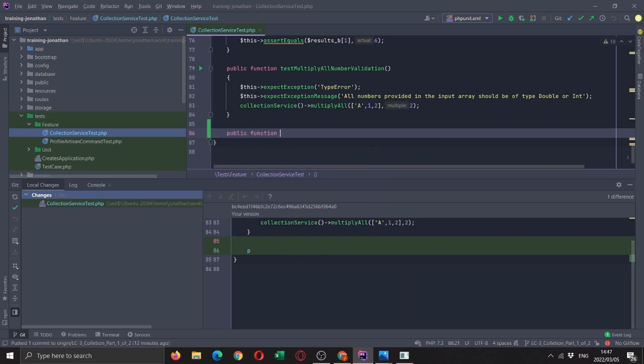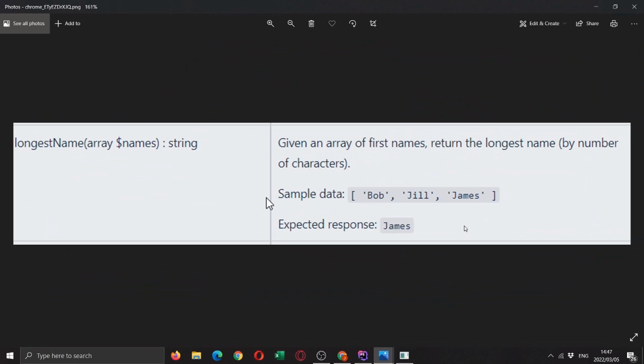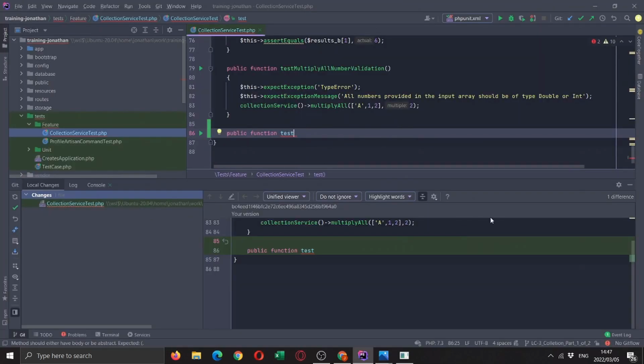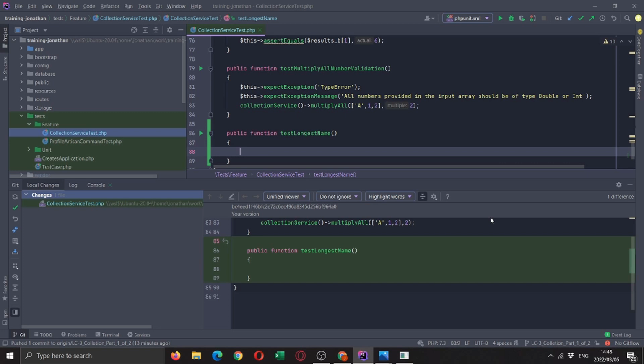Okay, awesome. So public function test, and our method name is going to be longestName. There we go. And we will be using the helper method that we set up in previous sessions.